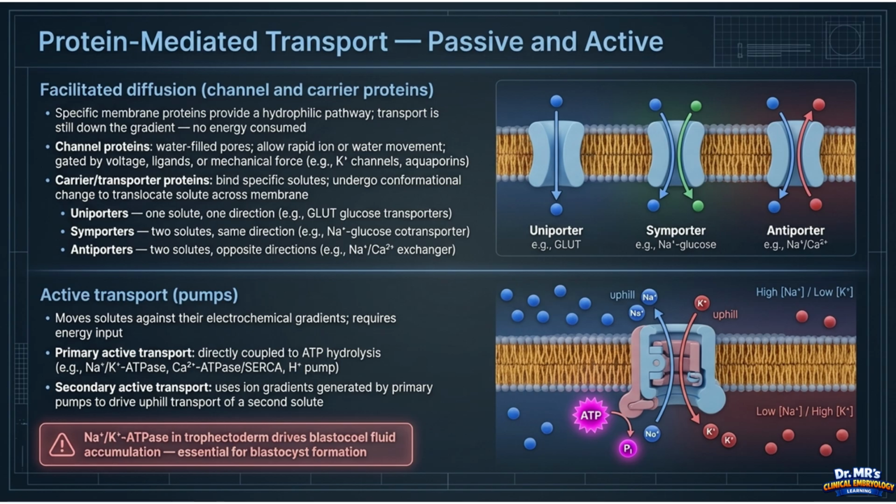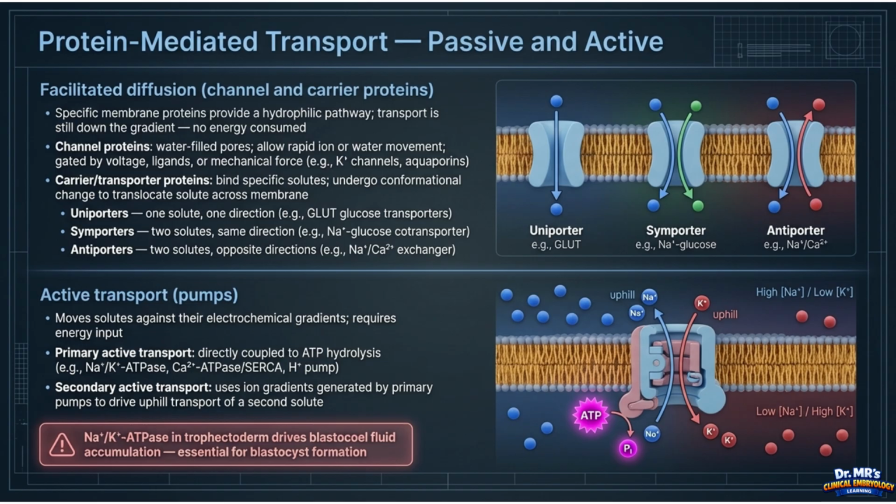Active transport, the ability to move solutes against their electrochemical gradients, requires energy input. Primary active transport couples transport directly to adenosine triphosphate hydrolysis. The sodium-potassium pump, or sodium-potassium adenosine triphosphatase, is the paradigmatic example. It uses one molecule of adenosine triphosphate to export 3 sodium ions and import 2 potassium ions, both against their